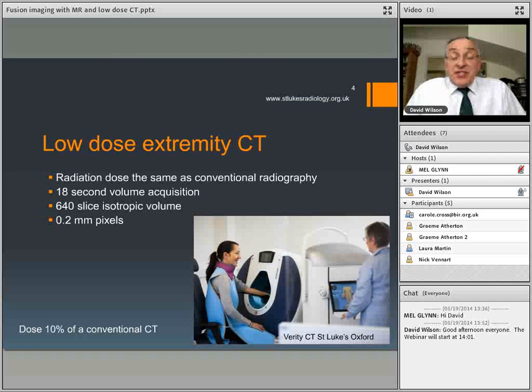Low-dose extremity CT is new. It's used as cone beam technology, which is a little different to conventional CT, and the huge difference that results from this in practical terms is that it's only 10% of the radiation dose of conventional CT. So here we have a patient being examined looking at the wrist. We're acquiring a volume acquisition, which is in effect about 640 slices. It's an isotropic volume, which means that the volume is the same resolution in all directions, approximately 0.2 millimeter per